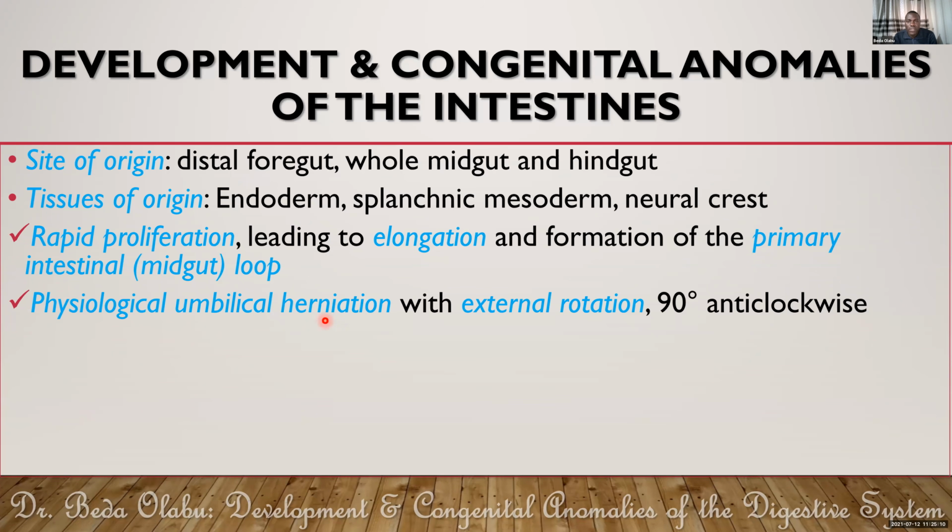The fetal intestines leave the abdomen, go through the umbilicus to outside the body. That process is what we call physiological umbilical herniation. The intestines herniate. They come from the abdomen and pop through the umbilicus up to outside the body. The intention is to continue to develop outside the body, to continue to increase in length where